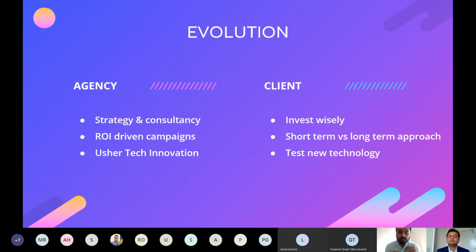I think one of the sessions was all about AR and VR. Now, these are the tools which are going to take us ahead. So might as well engage your agencies towards building that kind of a marketing asset for yourself. I think that's where the basic relationship between an agency and a client in the hospitality sector is going to change. We are no longer going to be perceived as just someone who's there managing a profile. The relationship is going to become more strategic in nature and more performance oriented.